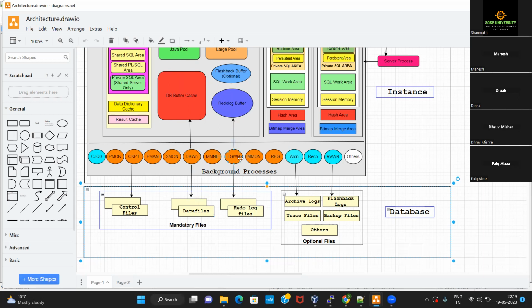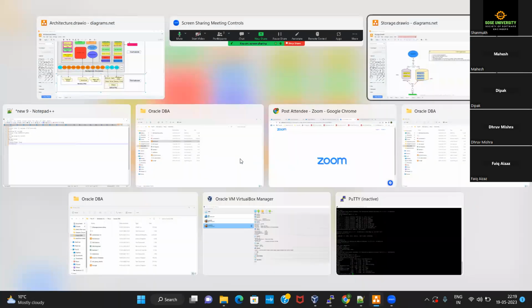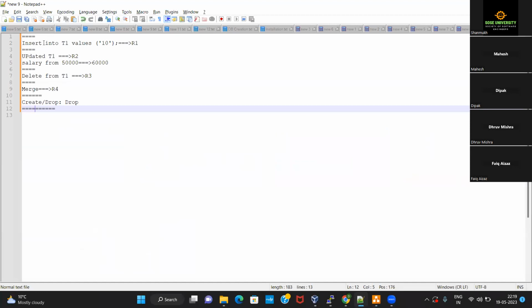So LGWR always acts ahead of DBWR, right? Yes, we can say that. Yes, that's right. Got it. So coming back to this example, if we are saying that this is a DML statement and